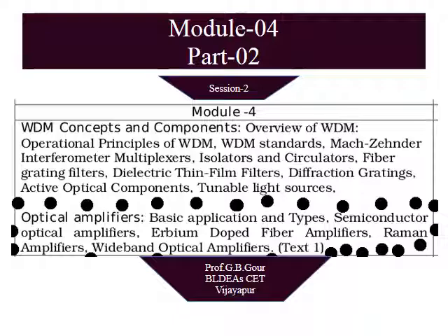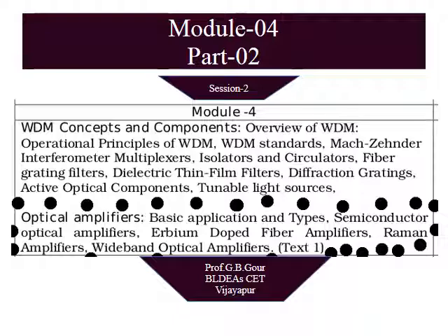Welcome to this second session of Module 4 Part 2 on optical amplifiers. In the first session, I want to brief out, we discussed basic optical amplifier operation, that is stimulated emission and population inversion, two important concepts involved in the basic optical amplifier operation. Then we went through the three general classifications of optical amplifiers: inline, pre and post or booster amplifiers.